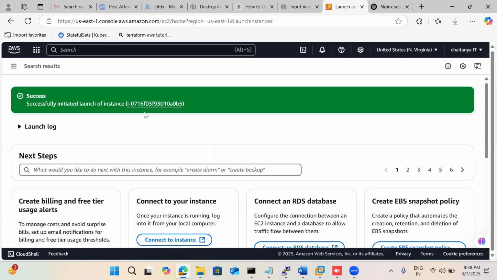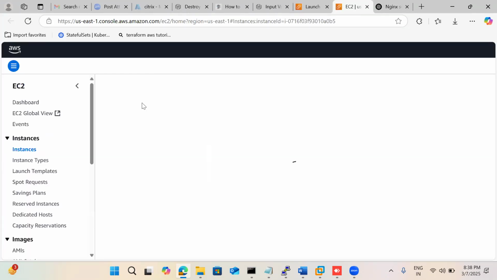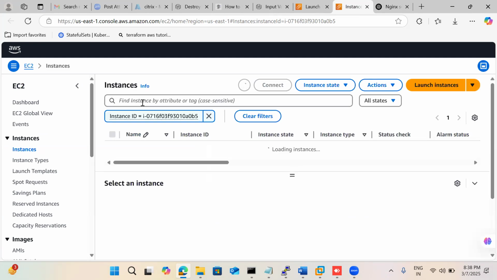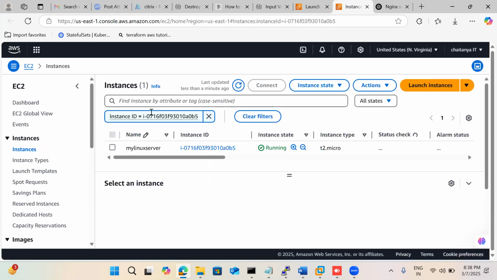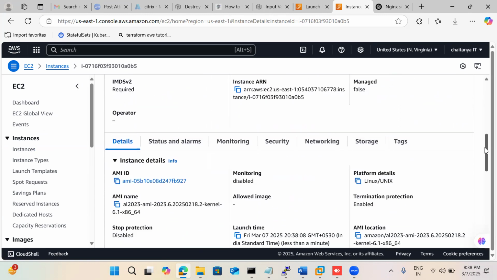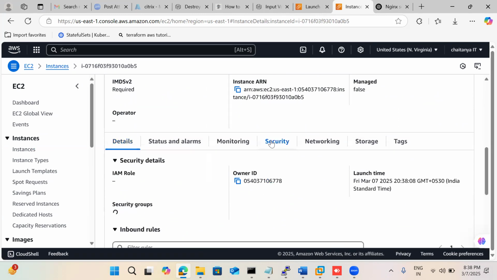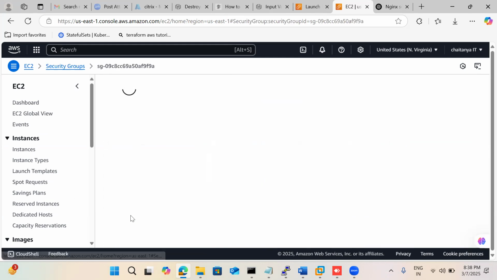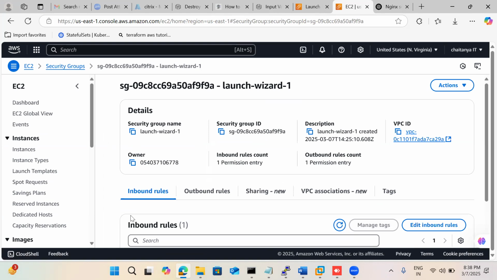So now here we have this instance. My expectation is that if I open port 80 in the security group, Nginx should be running on this machine. For that, we didn't enable 80, right? I'll go to my security group, and in the inbound rules,